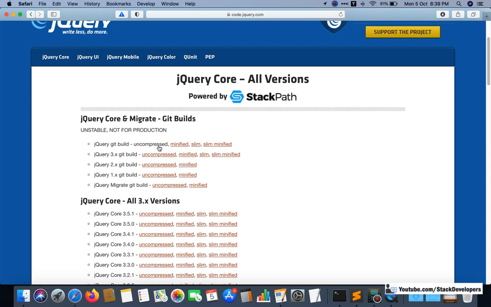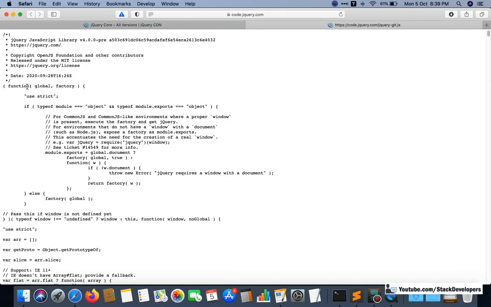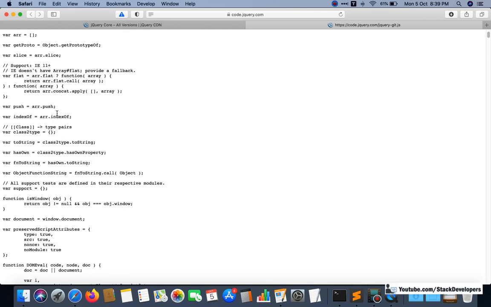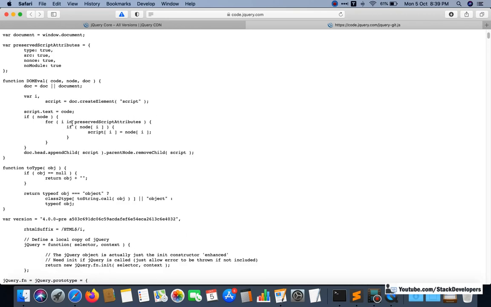This is the uncompressed and this is the minified, slim minified. What is the difference? Uncompressed means the jQuery will show you the functions as well. It will completely show you everything, it is not in the compressed form.